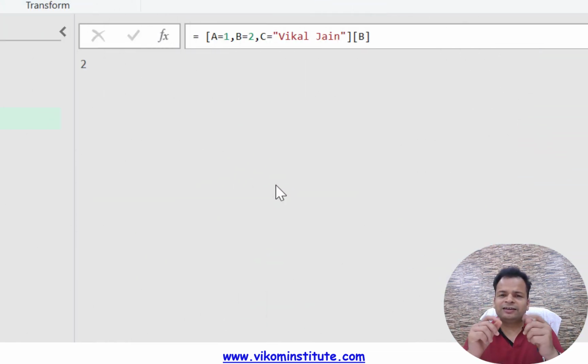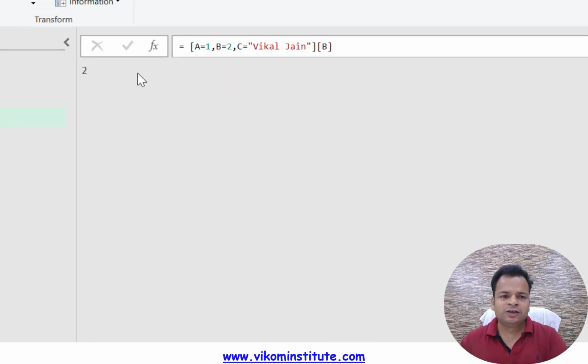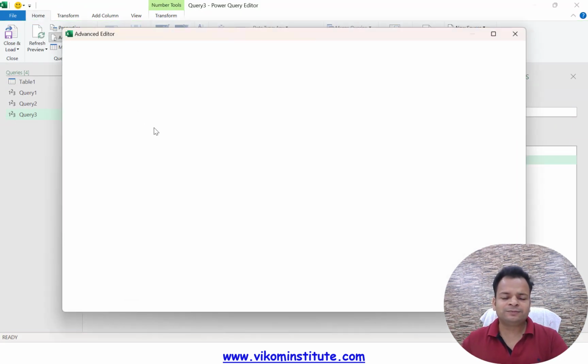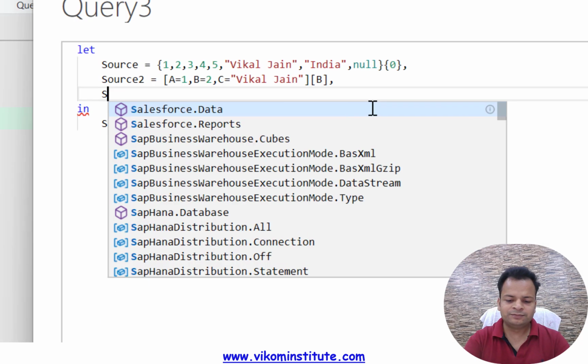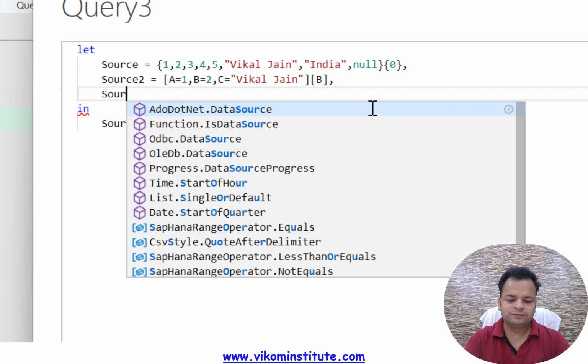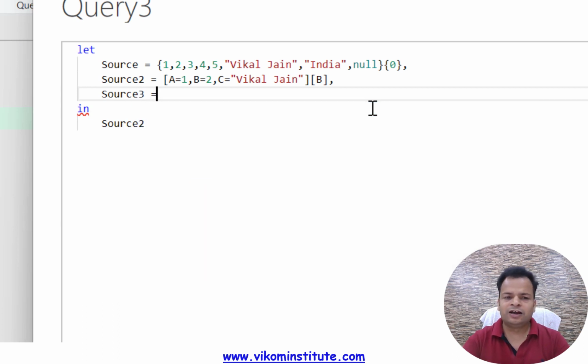Let's try some nested lookups in Power Query. Here we have Home, Advanced Editor. This time I'm typing Source 3 over here. Let's say I'm creating a nested list. Here we have 1, 2, and this time in the list we have a record also.